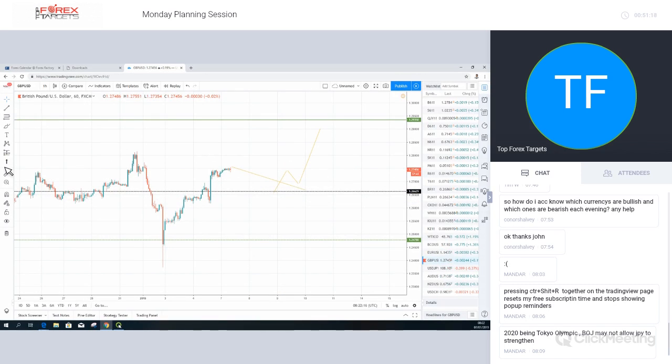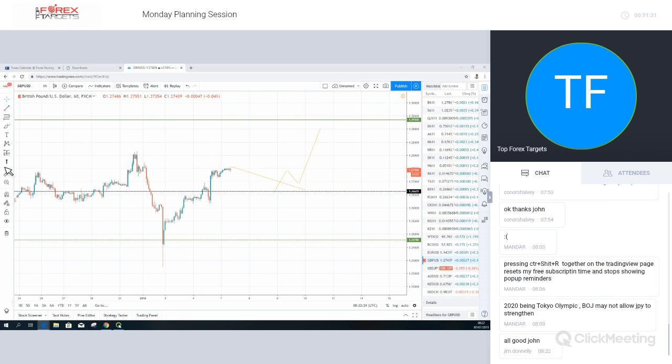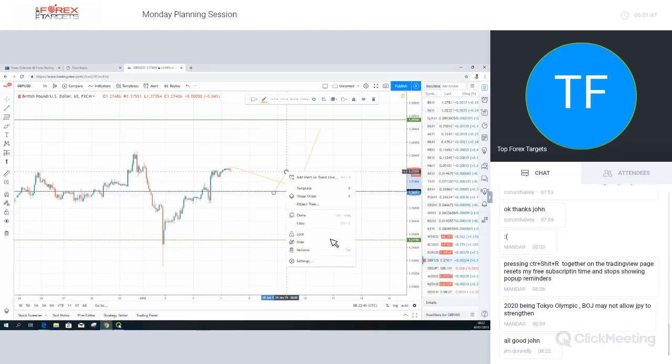We've got a few more pairs that I want to go through that are looking good as well, but this is what I'd be looking for in the pound dollar this week. Again, you guys need to pull the trigger. You need to take responsibility for your own accounts. You need to practice viewing these when they appear, but I'm showing you here what to look for this week and what I'll be looking at profiting from. All good? I can't see anybody else asking a question. Okay, fine. So that's what I'll be looking for in the pound dollar going into this week.